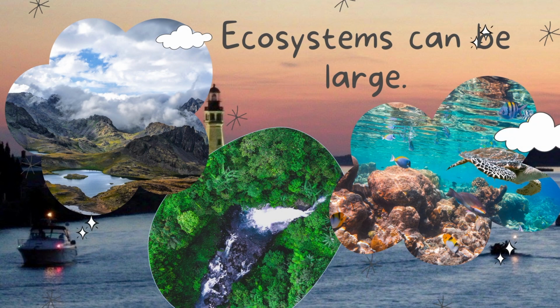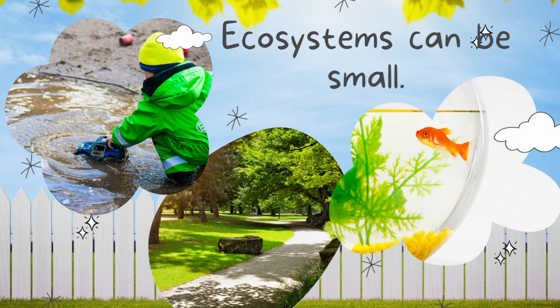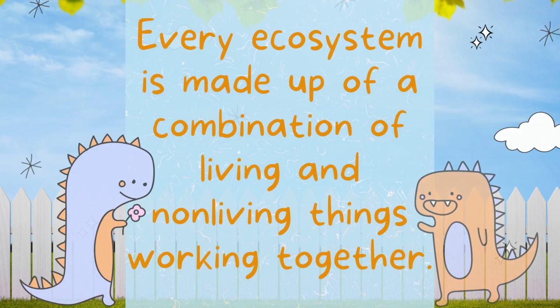Ecosystems can be super large, like an ocean, or a whole entire continent, or even really small, like in your backyard. Even a puddle has an ecosystem. But every ecosystem is made up of a combination of living and non-living things working together in a cycle of